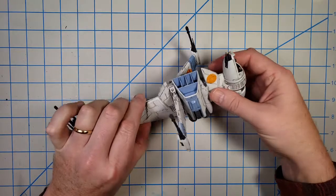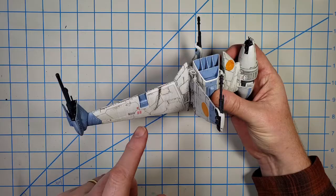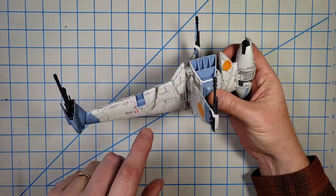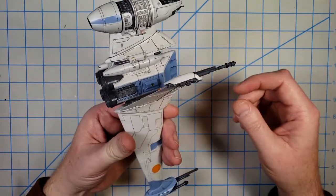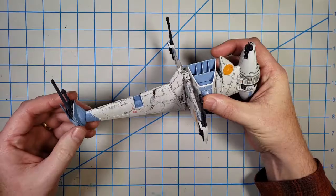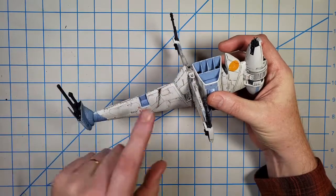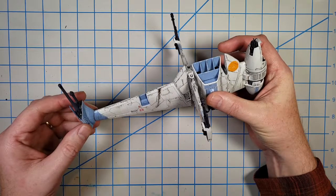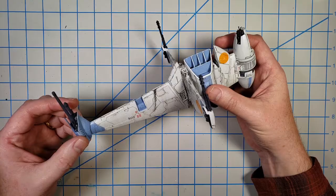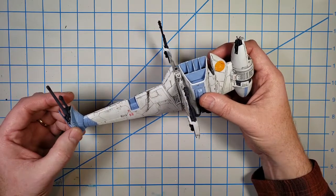Okay, I have the chipping done to the point that I'm happy with it on this section. I'm shooting the video mainly on this section. I've actually got to go around and finish the chipping on the rest of the model, but I've only got a limited window of time when I can video, so I'm just going to concentrate on this one section. But the next thing I want to do is add in fuel and oil and hydraulic staining. So to do this,